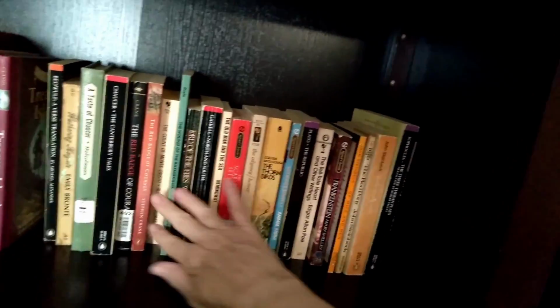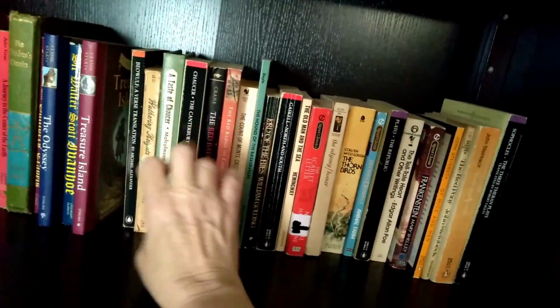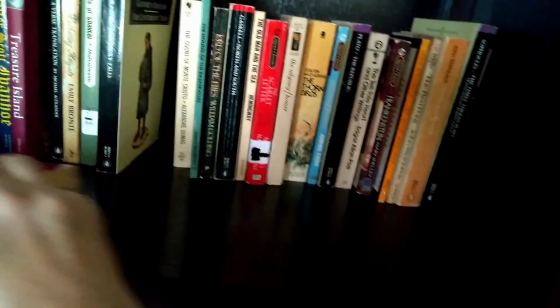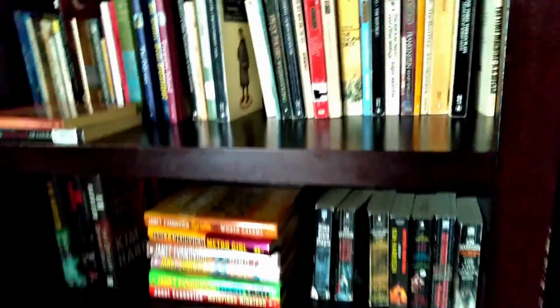These over here are all of your high school age and up classic readings of Beowulf, Chaucer, The Red Badge. Apparently I ended up with 2, and I will have to figure out which one I am keeping because I don't need 2. We got the Count of Monte Cristo, Lord of the Flies, The Scarlet Letter, Thornbirds, some Plato, Mary Shelley's Frankenstein, John Steinbeck's, and of course H.G. Wells' The Time Machine. I will be adding to this collection as I go, now that I know how much room I have. This is my